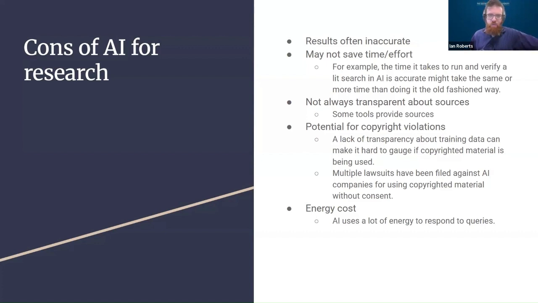Next, some tools are not great about providing resources. We'll talk about this when we get to talk about examining the tools. Sometimes platforms will provide links to its citations. Others, you really have to drag that information out of them. They're not very transparent. In all cases, you're going to want to check the sources that it's giving you, because sometimes they're good, sometimes they're bad. Sometimes the source will attempt to summarize, say, a scientific paper, and sometimes that summary is very misleading.